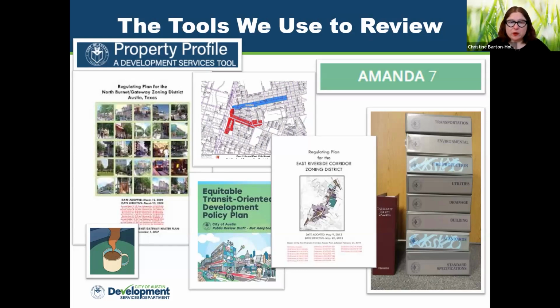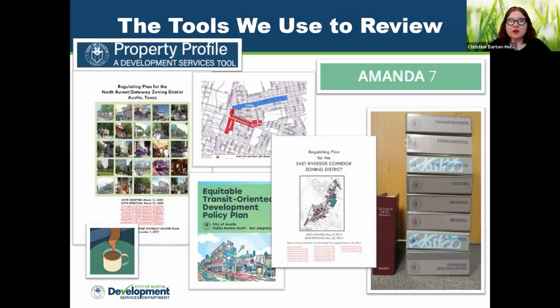So we start with those, with the base zoning, and then we move on to see if it's in a regulating plan, or if it's ETOD or East Riverside. It takes a lot of coffee to go through all of that. Property Profile is absolutely invaluable to figure out what zoning applies to which site.